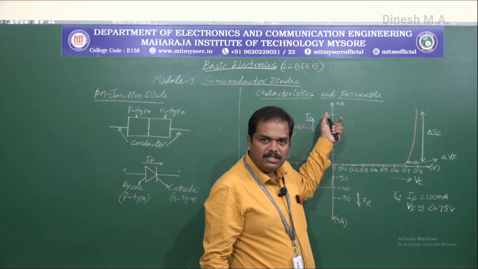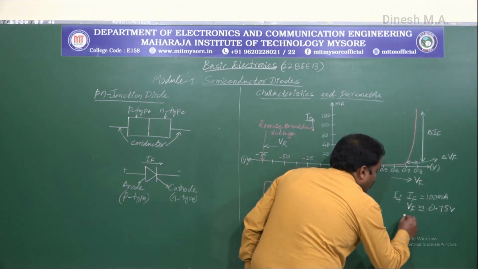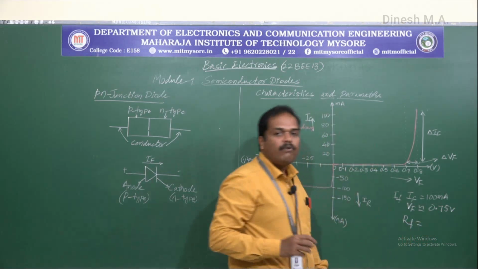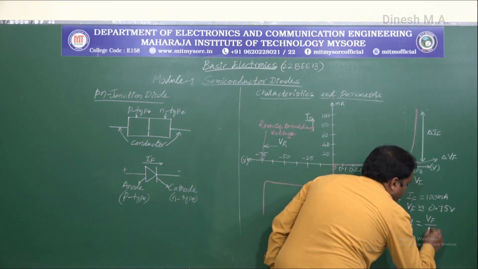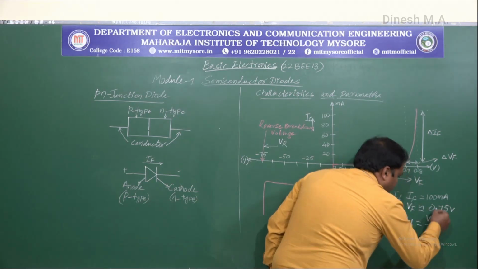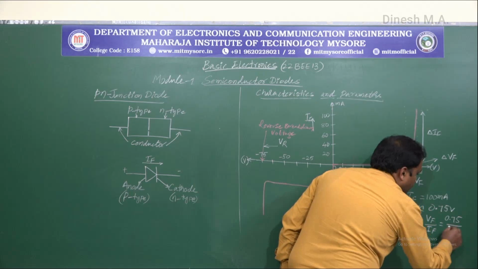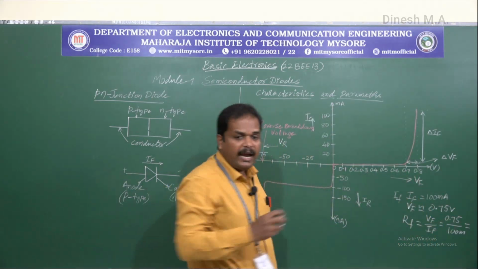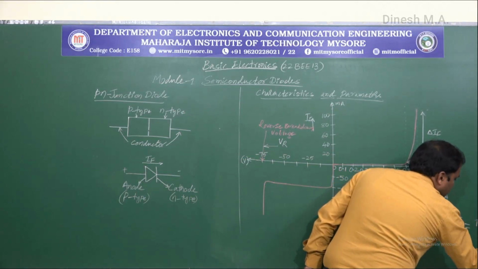Now if we consider these two values as an example and use Ohm's law to find the resistance RF, that is the forward resistance, we know that this is given by VF by IF, and if we substitute these values, 0.75 volts divided by 100 milliamperes,